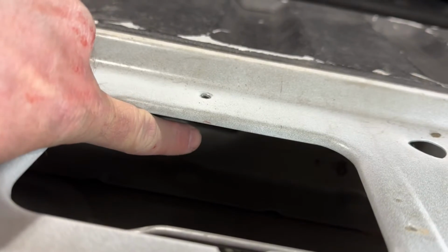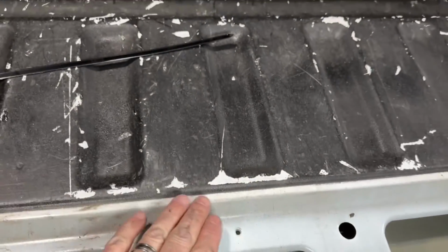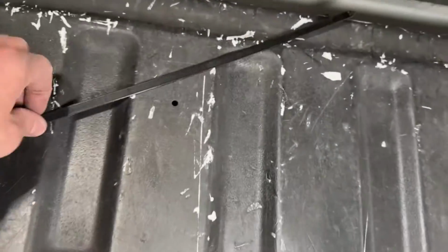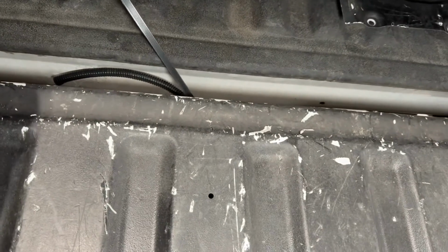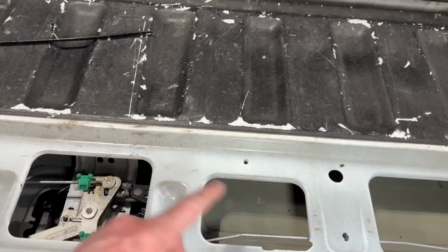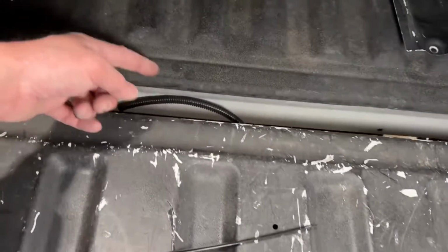Right there, there's a hole opening that I ran the wire through, and that hole opening to the right went all the way straight down to that hole opening. So all I did was I took a large zip tie, fed it down through the bottom, and got the zip tie to poke out that hole up here. I then used some electrical tape, taped my wire to the zip tie, and then pulled my wire down through,